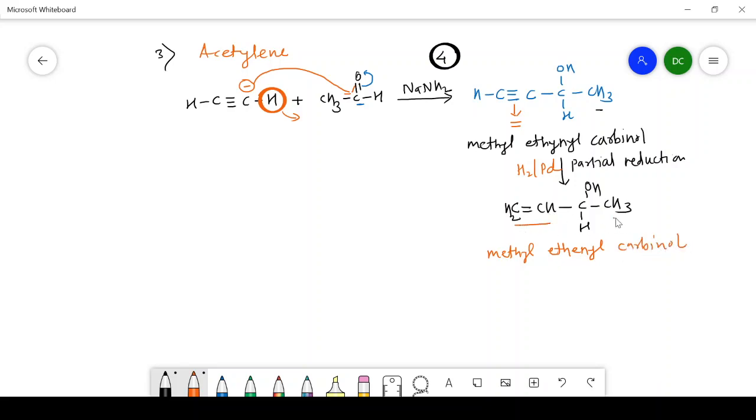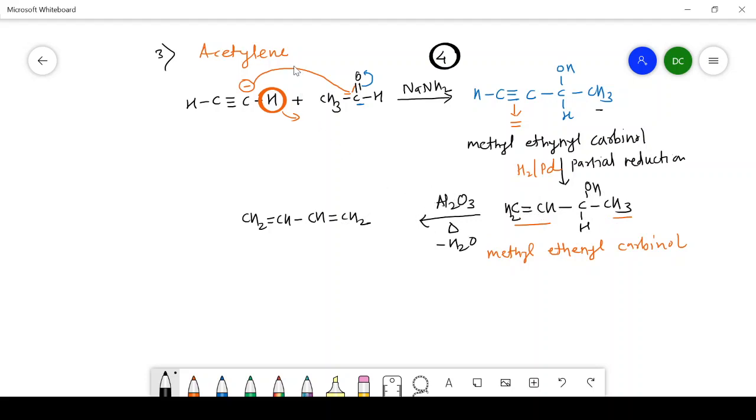This is ethynyl group, this is methyl group, that's why here methyl ethynyl carbinol. And the final step involves the heating of methyl ethynyl carbinol in presence of alumina, that is Al2O3. It will remove this OH group and hydrogen from this terminal carbon, and finally we will get here CH2 double bond CH, CH double bond CH2, and water will be eliminated as a side product. In this way, a dehydration occurs in the last step.